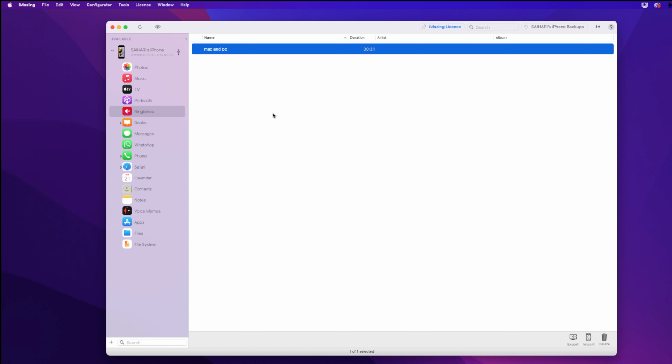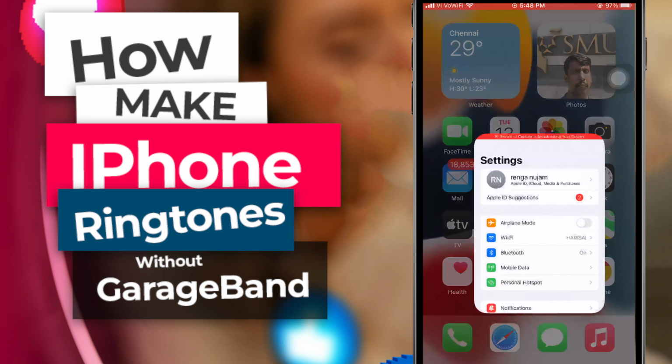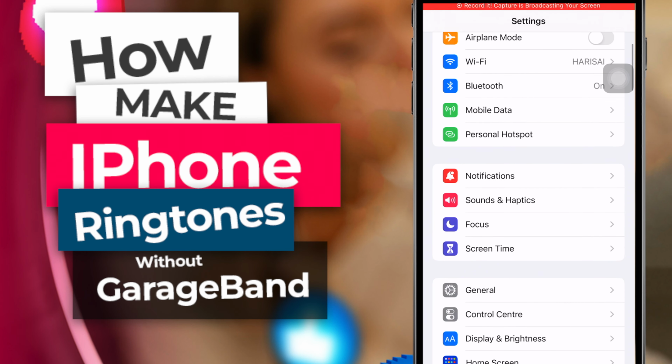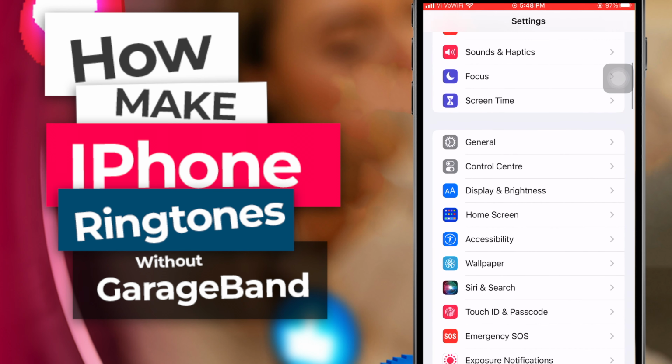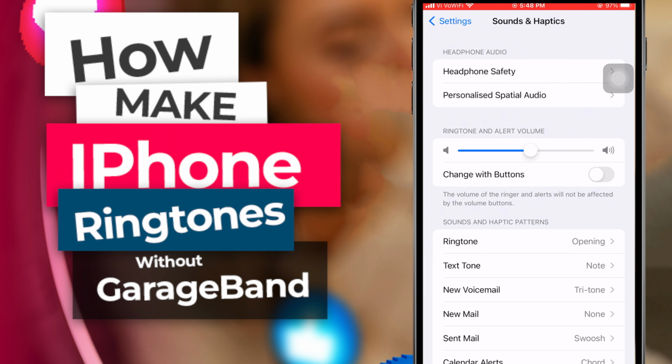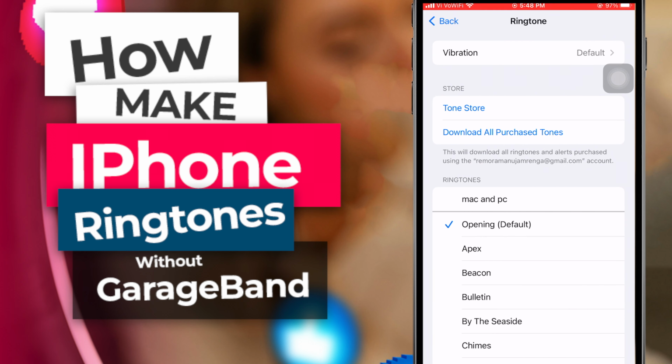All right. So now we're going to make sure that everything works properly. We're going to go to Settings. We're going to go to Sounds and Haptics. I'm going to go down to the ringtone, and then you can see that